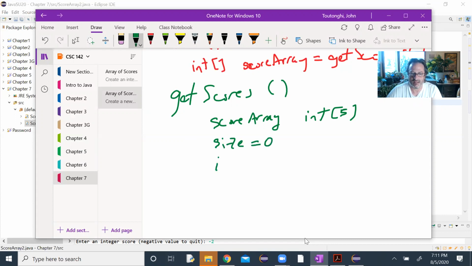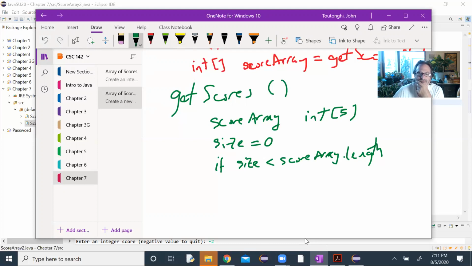And we're going to say if the size is less than score array dot length, I feel like that might need to be within the while loop. So we're going to say while